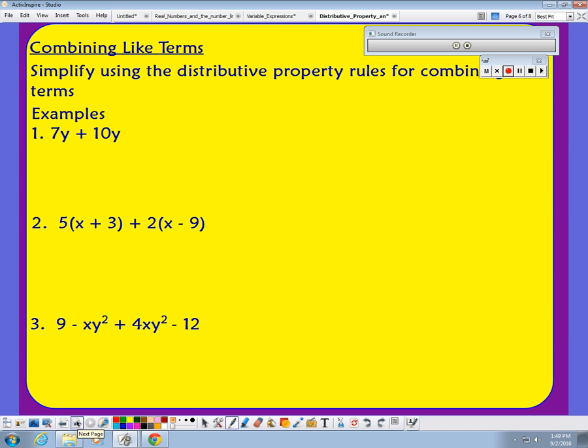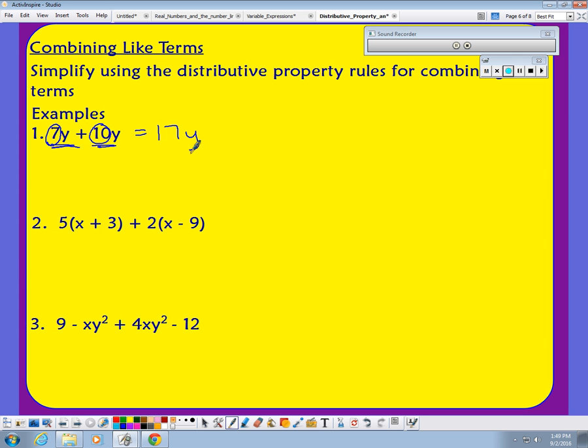So here are some examples for combining like terms. 7y plus 10y. You always just add the numbers out front as long as the variable terms are the same. They both share a y, so we can do that. 7y plus 10y is 17y. Number 2,